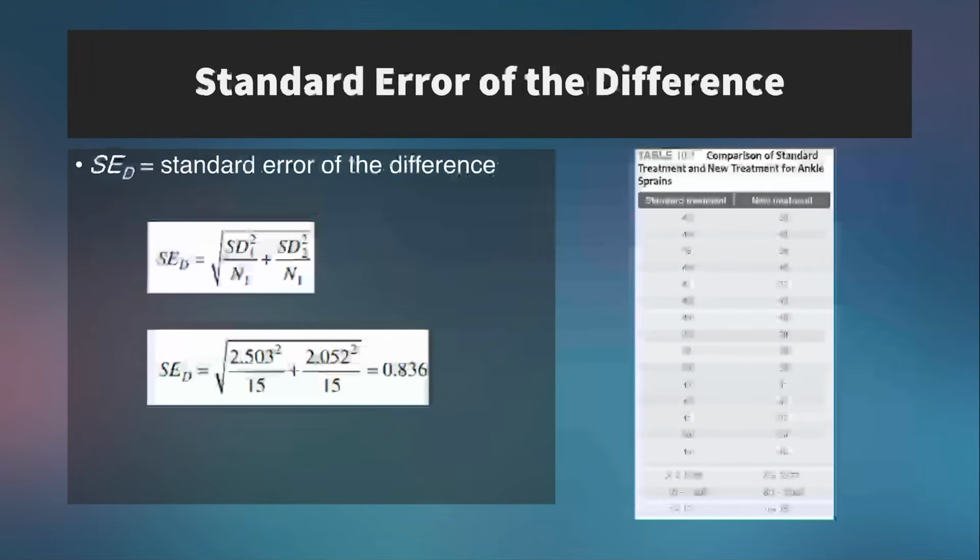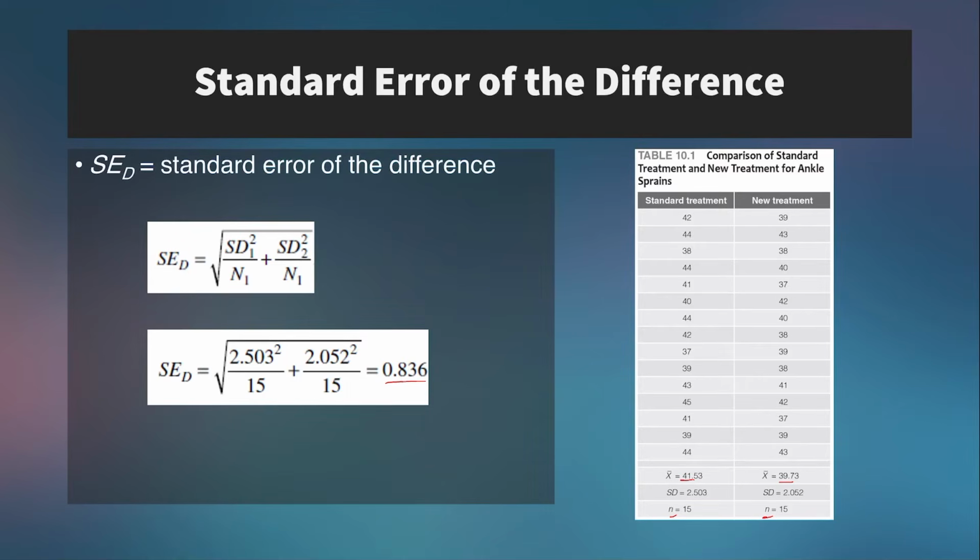So in this case, we are going to use the standard error of the difference, not the standard error of the mean. So let's take a look at the data, and we see that we have 15 individuals in both groups. Standard treatment is on the left, new treatment is on the right, and we're comparing these values of milliliters of ankle swelling. Looks like the standard error of the difference is